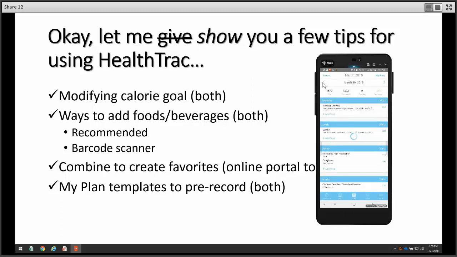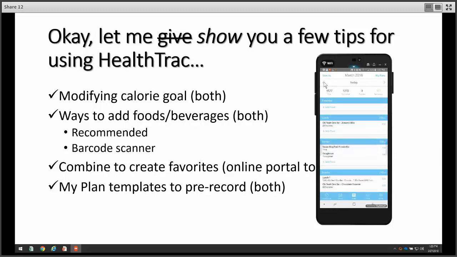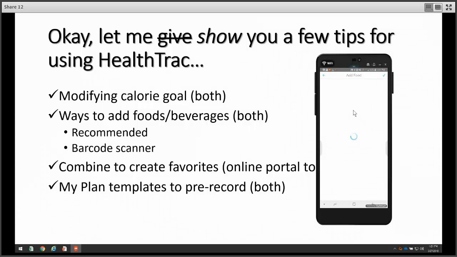Actually, it may not let me do it given that this is a date in the future. Let me get back to today. I think that's what's happening. Again, it's a little sluggish just because of all the sharing and stuff I've got pulled up here.